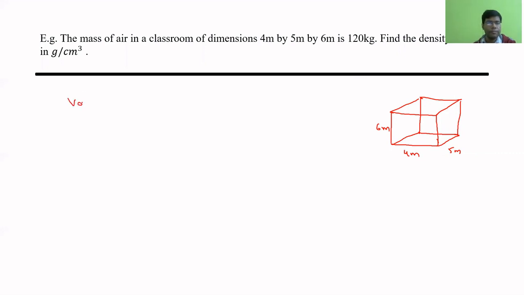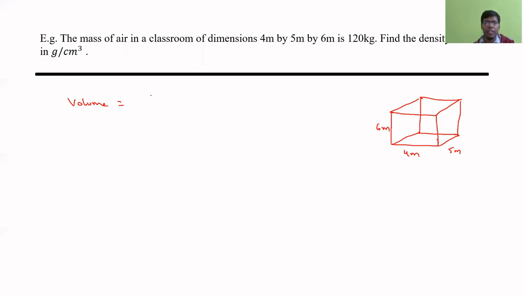So volume. Again, same thing. We can either convert these meters into centimeters here itself, and the kg into grams beforehand, and then we can get the answer directly in gram per centimeter cube. Or otherwise, we can first find the density in kg per meter cube, and then convert to gram per centimeter cube. So I'm taking the second way. I'll be finding density in kg per meter cube, because I have been given kg and meters, and then I'll be converting that into gram per centimeter cube.